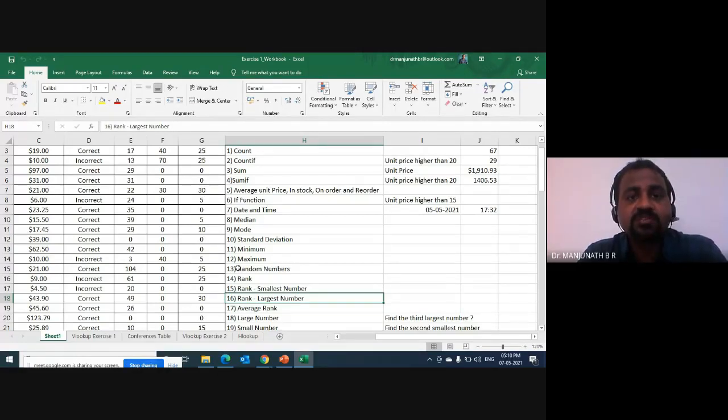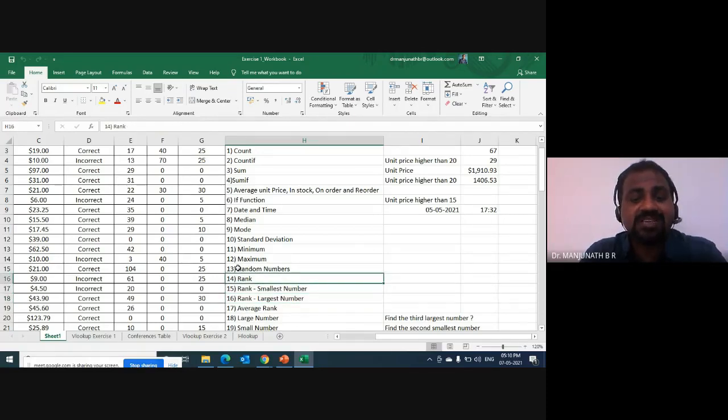At the same time, you can also rank the lowest or smallest number as rank 1. There are two ways of ranking. You can go with ascending order or descending order, but you will decide which one you would like. You will also understand the difference between the smallest rank and the largest rank, and just the word rank.